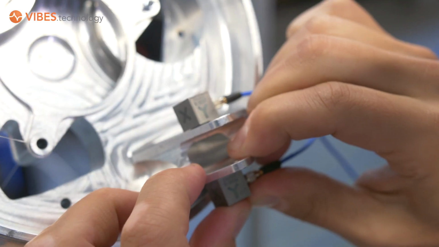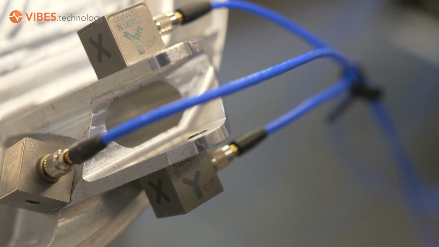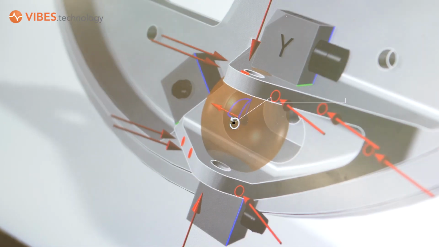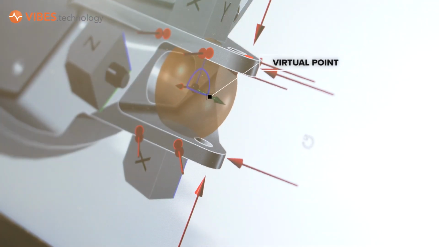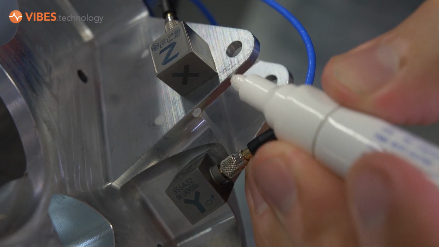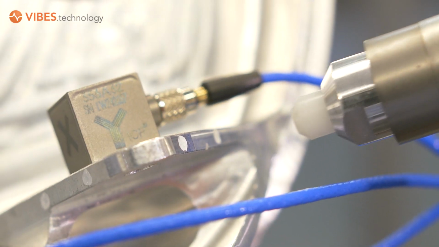In addition to that, you would like to include both translations and rotations in your measurement because this benefits the higher frequencies. In order to measure the dynamics of this structure in the coupling point, we position a virtual point in the center. Then we have sensors that we put around this virtual point and that we can position freely. Next to that, we position impact points where we excite with a hammer around the structure.